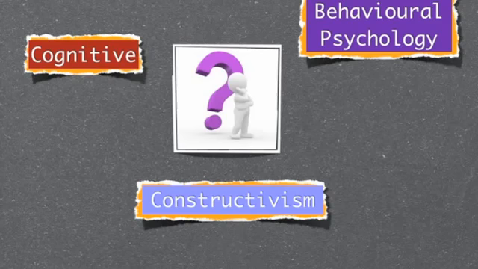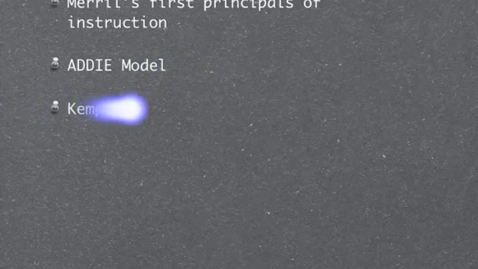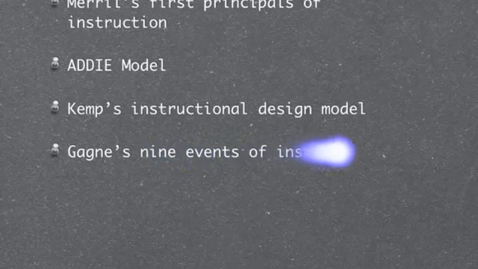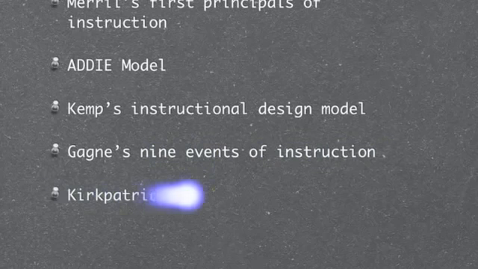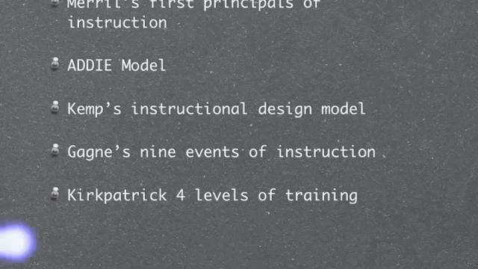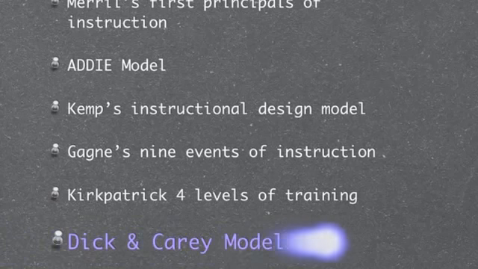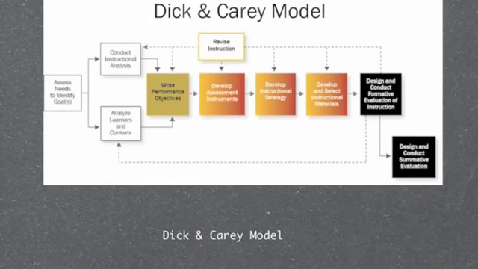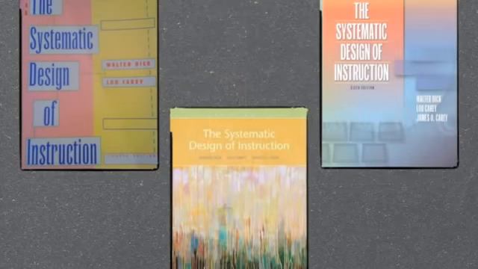There are many models of instructional design, such as Merrill's First Principles of Instruction, the ADDIE model, Kemp's Instructional Design model, Gagné's 9 Events of Instruction, and the Kirkpatrick 4 Levels of Training. One of the best known models and the subject of this podcast is the Dick and Carey model of instructional design. This model was originally published in 1978 by Walter Dick and Lou Carey in their book, The Systematic Design